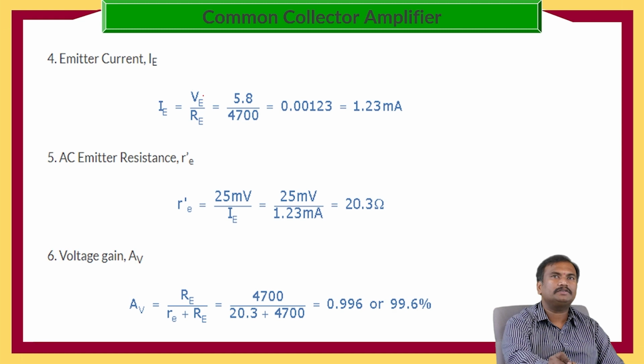So IE is equal to VE by RE, which is equal to 5.8 by 4700 ohms, which is equal to 1.23